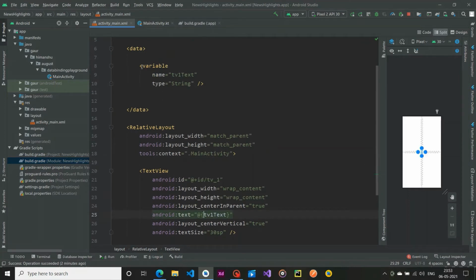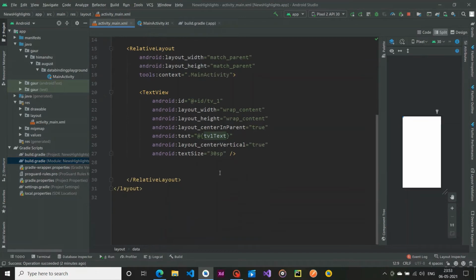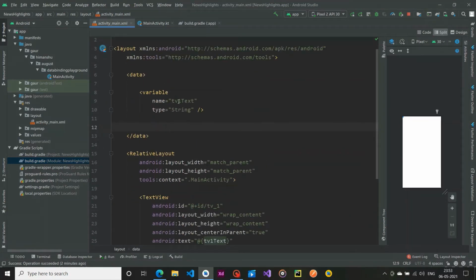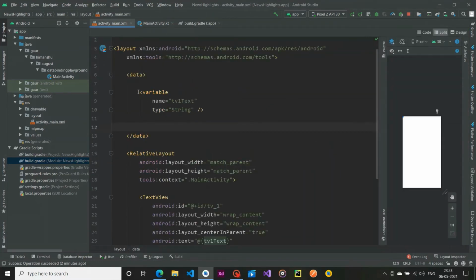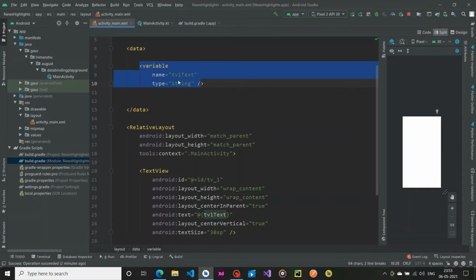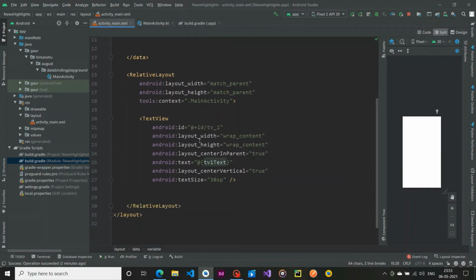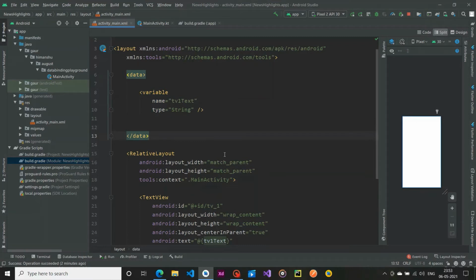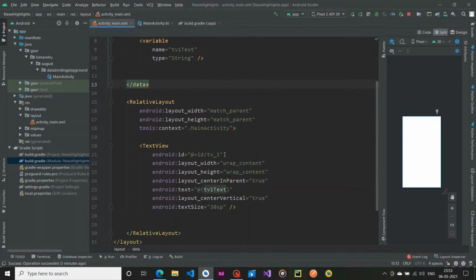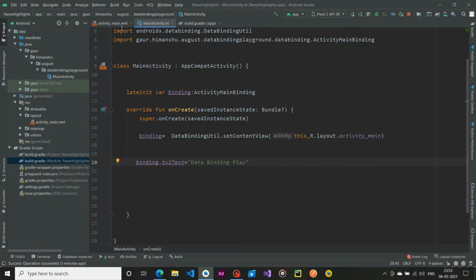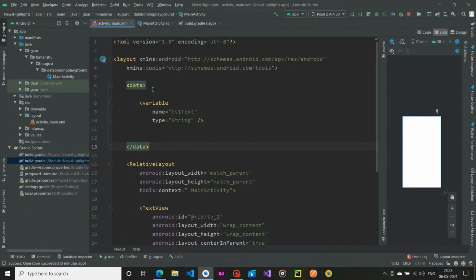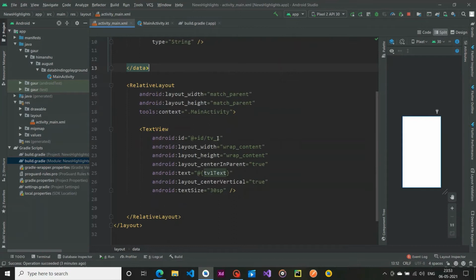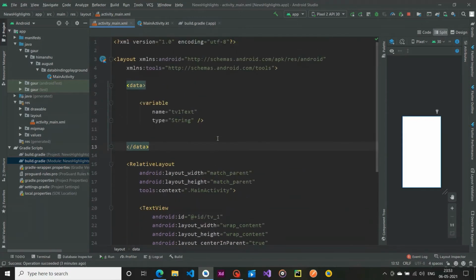So yep, we are creating a variable named tv1 text, and we are going to set data into this variable from our main activity. And after setting this data, we are going to set this data into our layout. So I think you very well noticed this. We have data and we are going to bind this data, so that is why it is called data binding. Basically this definition is coming from me, so if you have another kind of definition then it is fine, it is just from my side.